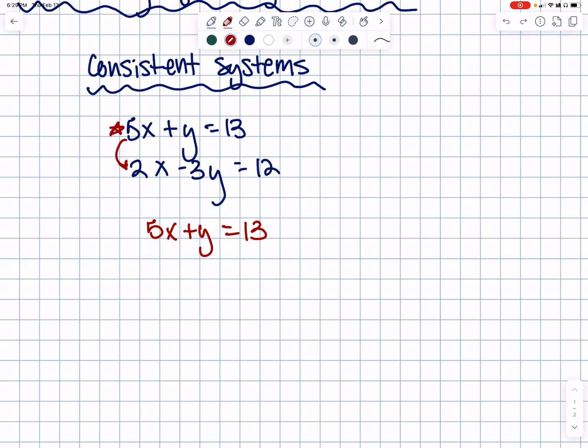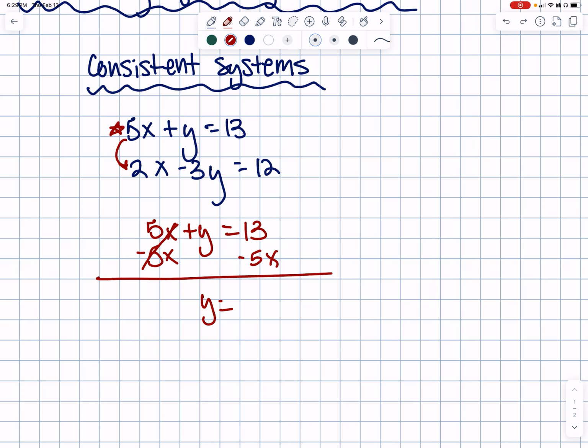How I'm gonna do that? I'm gonna get rid of 5x, okay? 5x is in the way. So let's go ahead and get rid of it. So I'm gonna do minus 5x on both sides. So 5x minus 5x crosses out, gets 0. We're left with y, and then y equals 13 minus